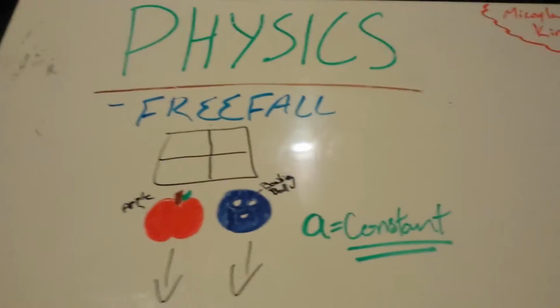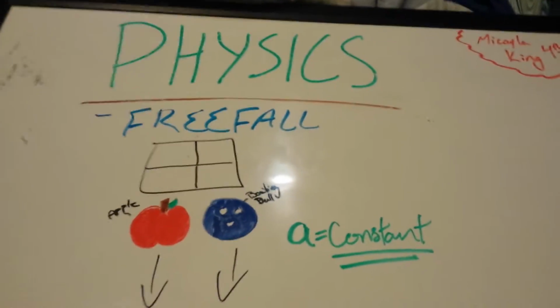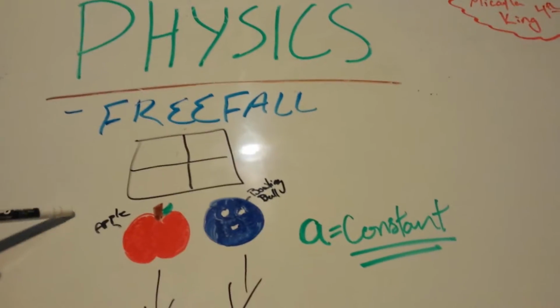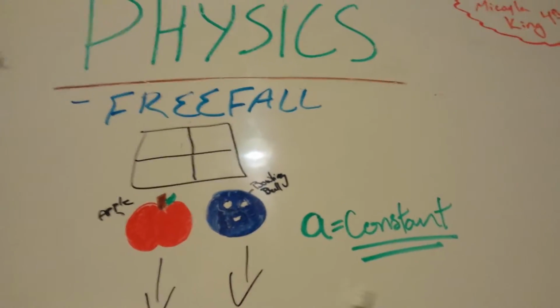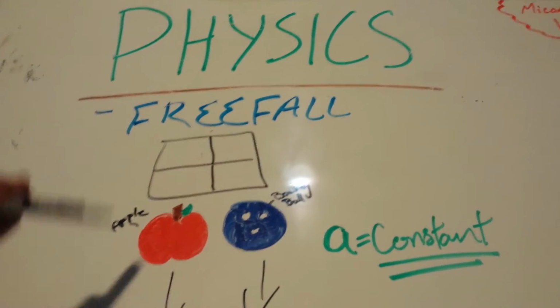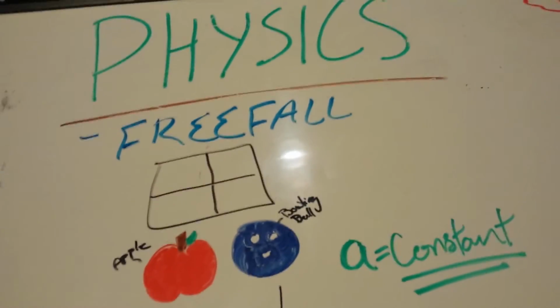Okay, so finally we have free fall for the last topic. And free fall is pretty much when the acceleration is constant. So like if you drop an apple out of a window or a bowling ball out of a window, the acceleration will be